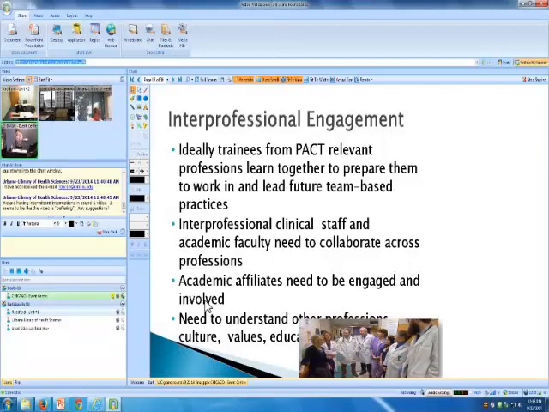Others, and I'd say nursing is the most engaged from the academic side, help with developing curriculum in areas such as motivational interviewing, which is taught in several places by the School of Nursing affiliate. And I put this picture there, but you really need to understand the others' professions, their culture, their values,